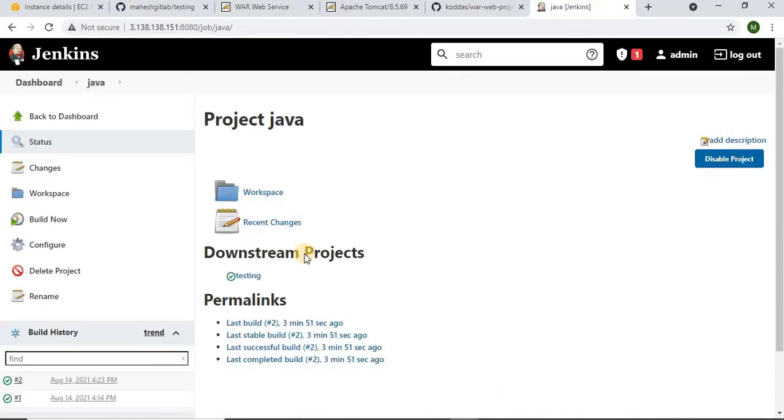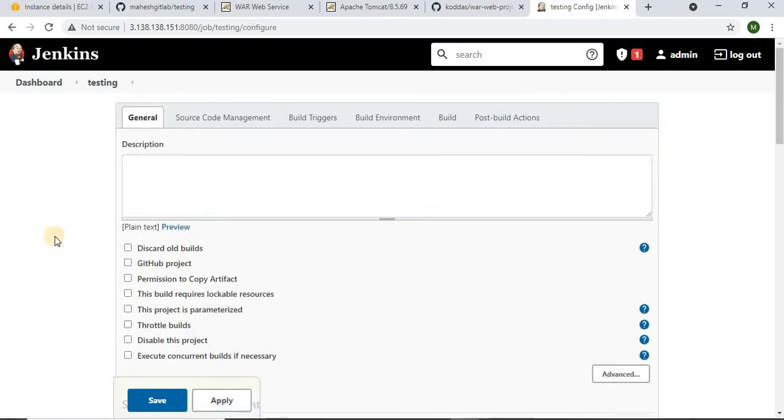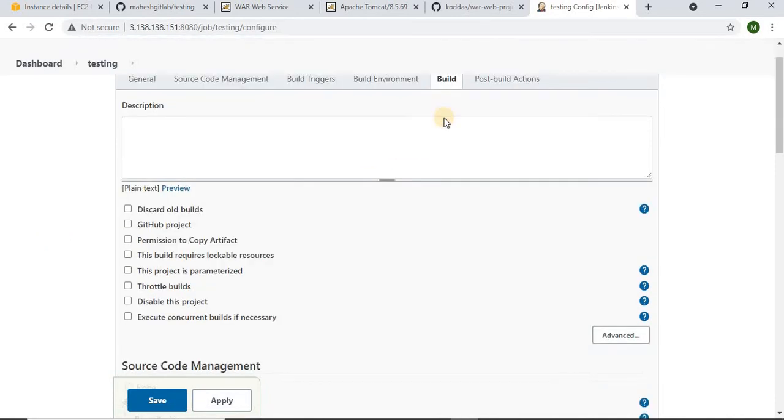Okay, so now archiving is happening. Now that has to come to testing, because it has to be implemented once the archive is done. Generally the testing happens on the test server. After that, if the test is fine, then we have to deploy it on production. So we have to come to testing, because we have the fourth stage, continuous testing, in this job. The fifth job we also have to write here only, meaning the fifth stage, continuous delivery, which is nothing but deployment on production. Okay, so configure, go to the build section.